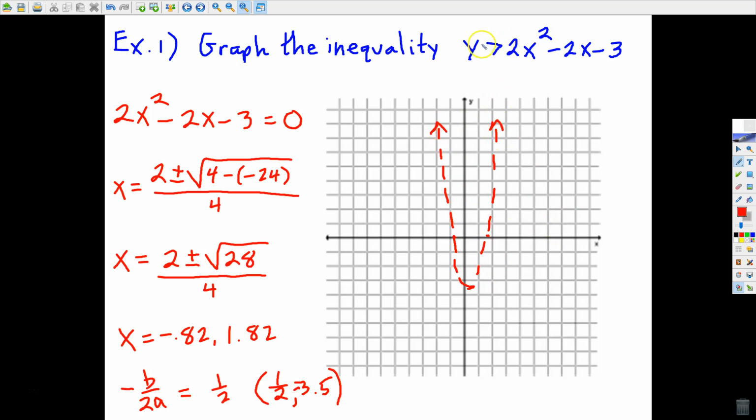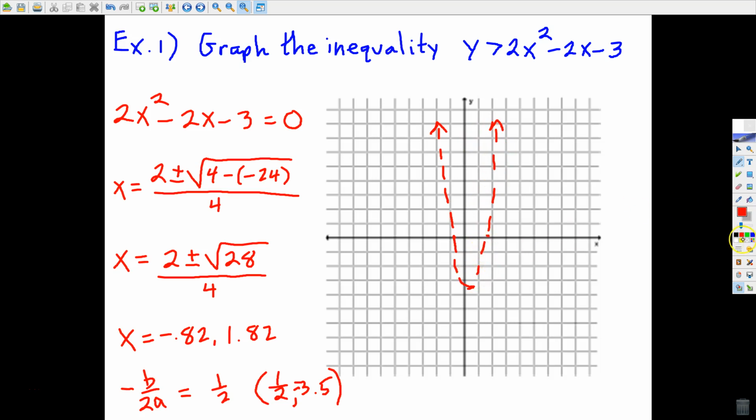Okay, and now I also look at the inequality to determine shading. And we've looked at similar examples in the past. I used the expression greater than is above the line. We've done some absolute value inequalities in the past, and this is very similar. Above the line is how we represent greater than, and I know these aren't really lines, but you can think of them as lines. The greater than area would be above, actually both of these parts, these two curves that